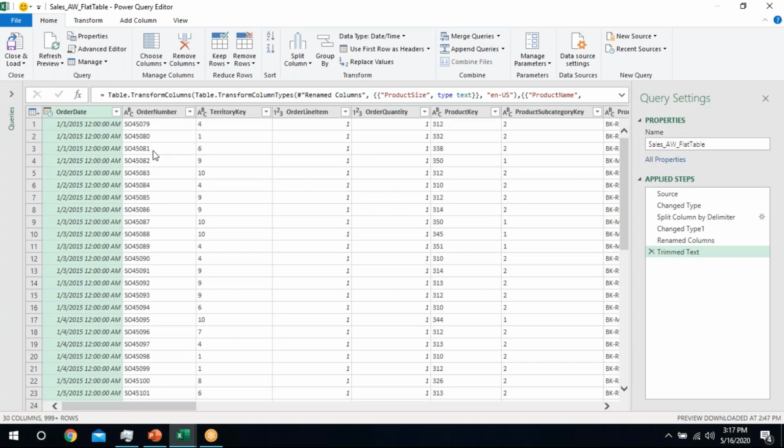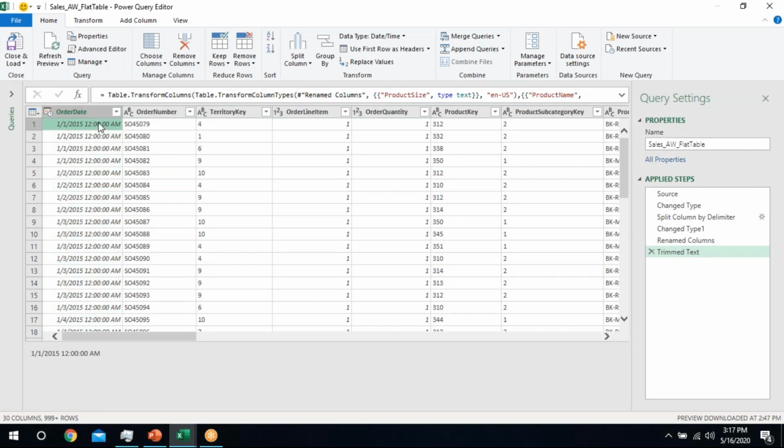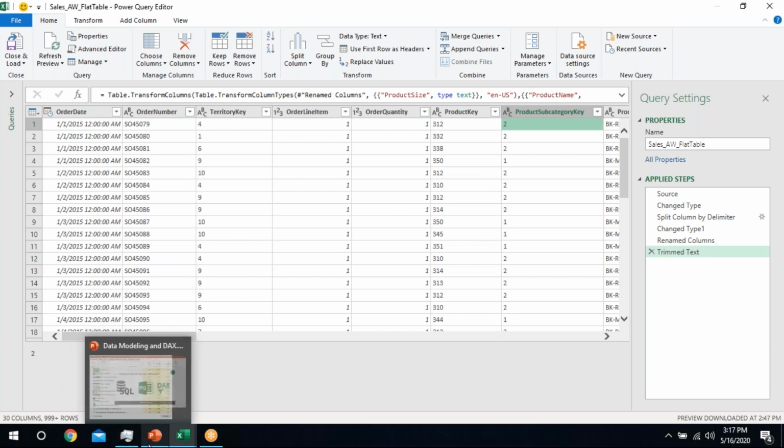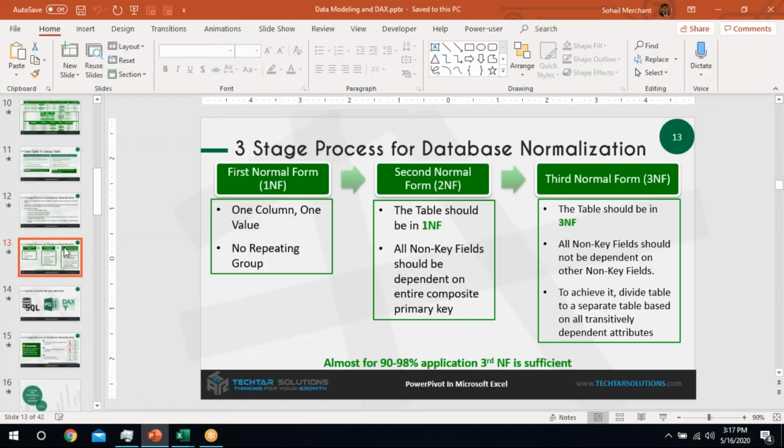Okay, so this is the Power Query environment. I hope you are familiar with it. Since this webinar is on Power Pivot, I will not speak much more on Power Query. I will just demonstrate the steps or the procedure involved in transforming denormalized data to normalized data, right? So we have to go through this database. Now let's have a look at our steps.